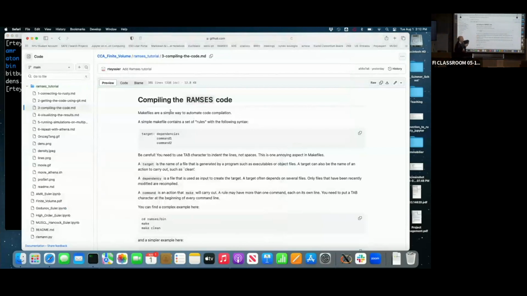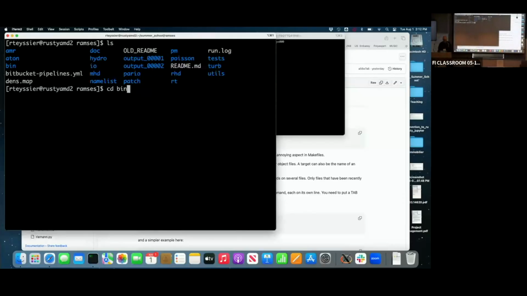Right? So a makefile is like a programming language to compile code. The code itself is in Fortran, but you don't really need to worry about this. The thing we're going to use now is the makefile. So before we do the theory of makefiles, let's just compile the code. For this, you go into the bin directory,